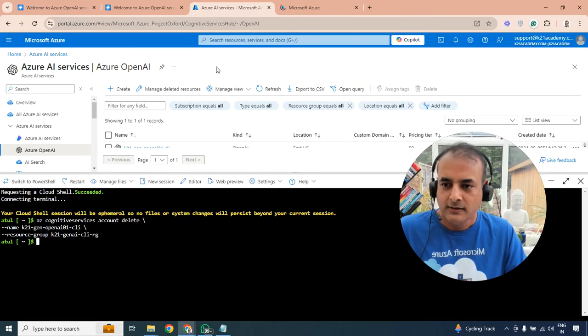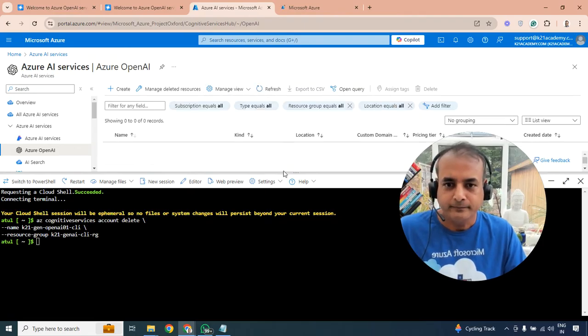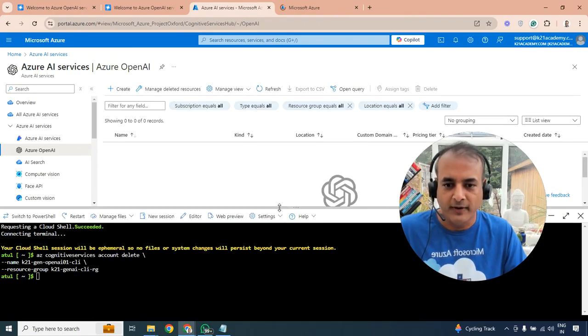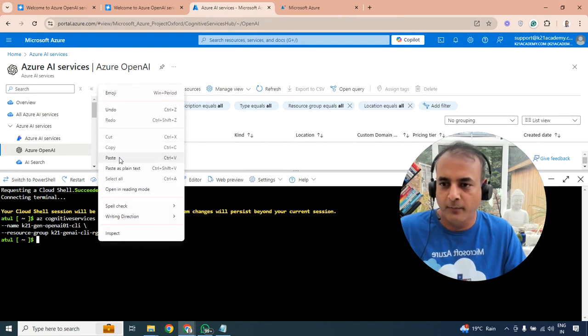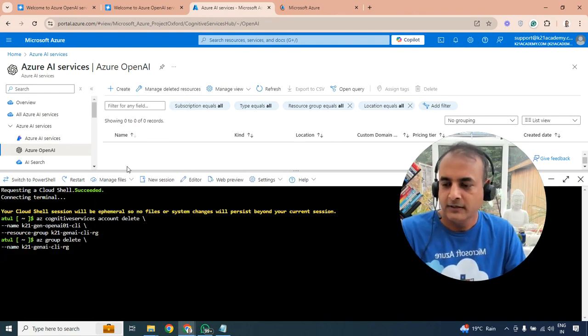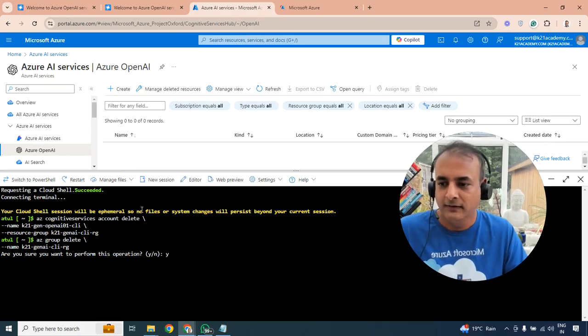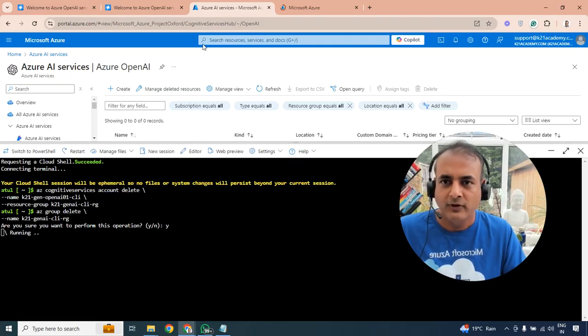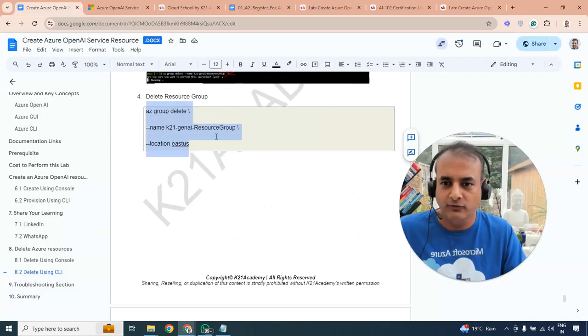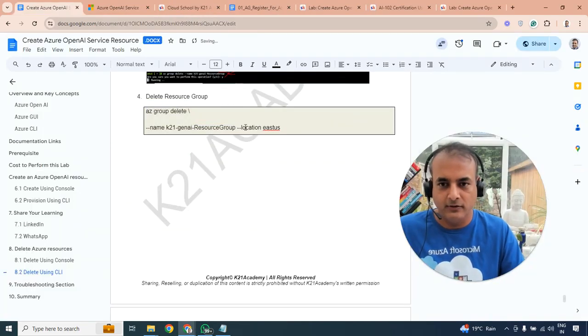So it's done. We'll refresh it here. It's gone now from here, and finally we'll go to the resource group, paste and hit enter. Oh, it's going to ask me for confirmation, so type yes. Let me go and update the document as well. So we don't need to delete the